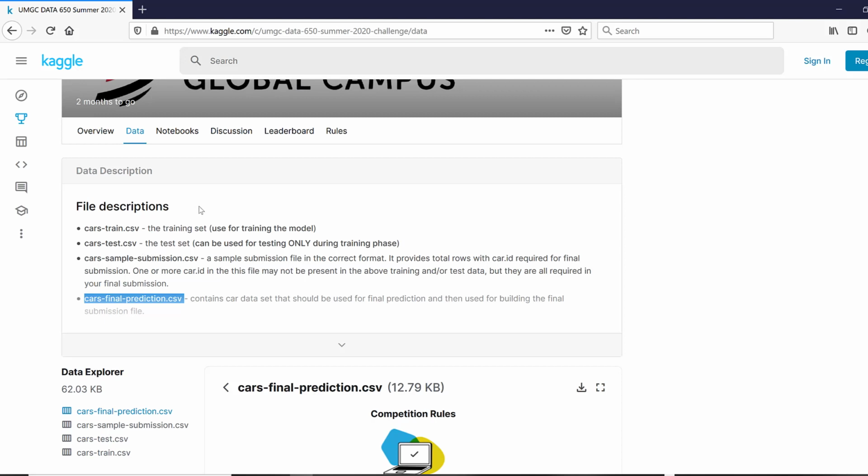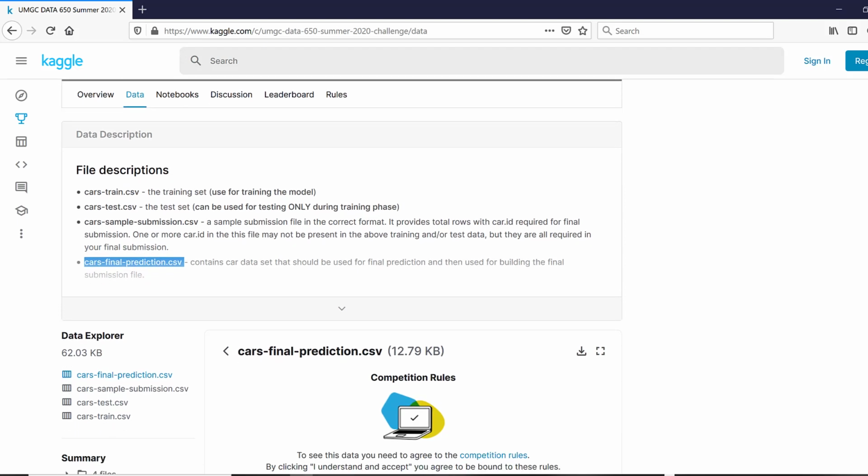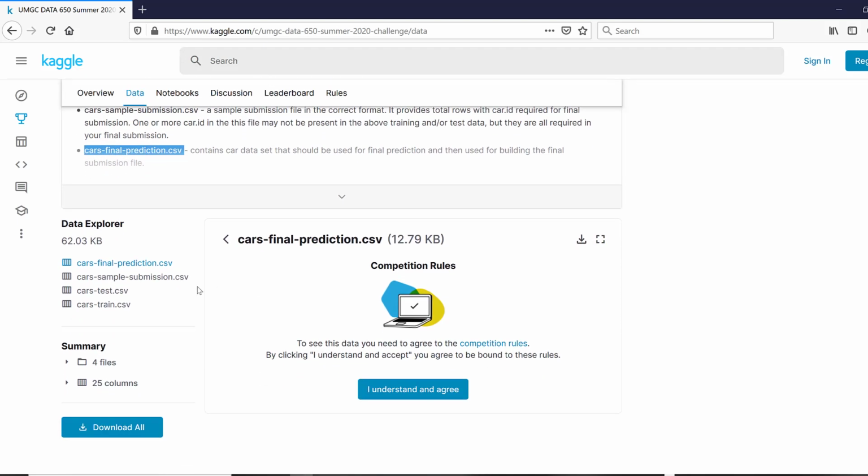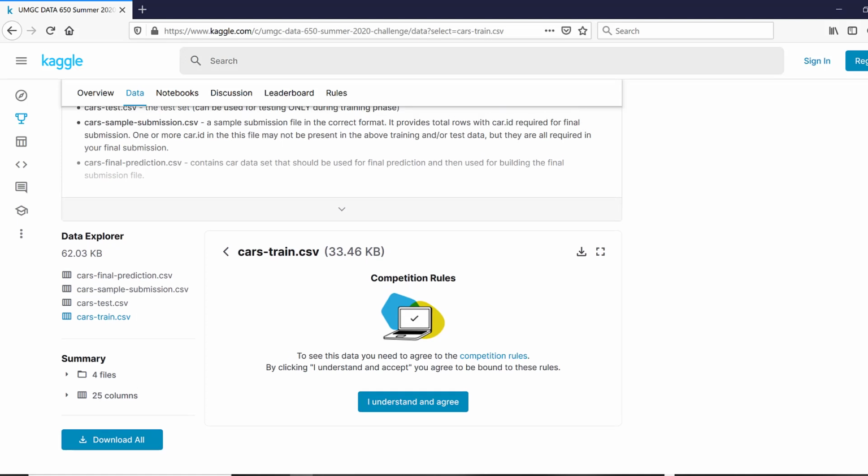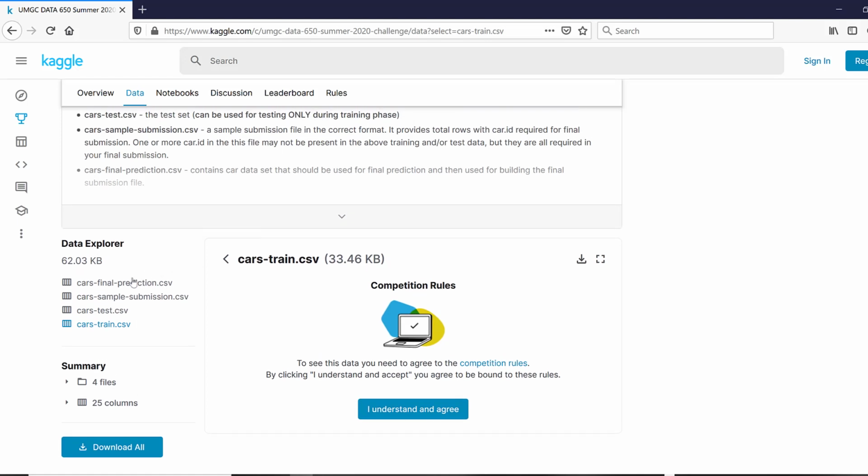All right, so all that information about the data description, what all the data contains, and the description of the data is all on this tab here. So I will let you explore this. Each file could be explored as to what it contains. You can click on each of the file names here and look at what different columns it has, and also any other description that may be provided.